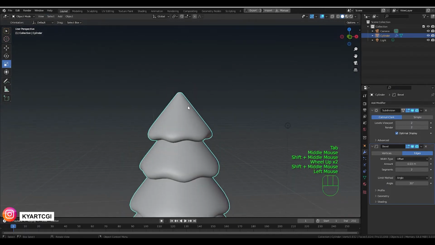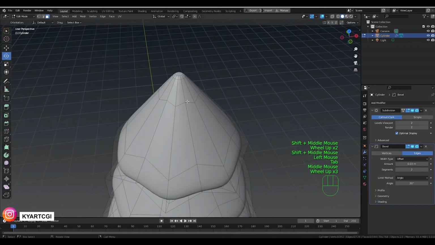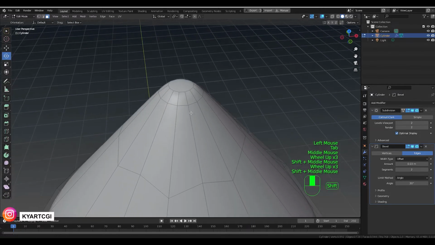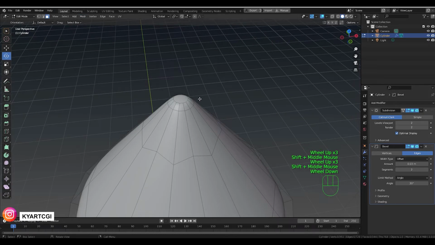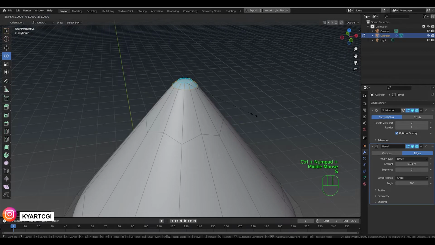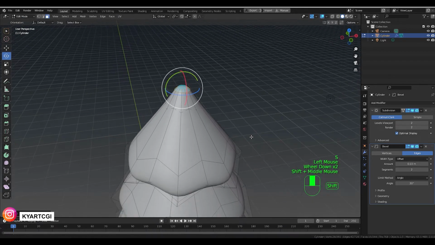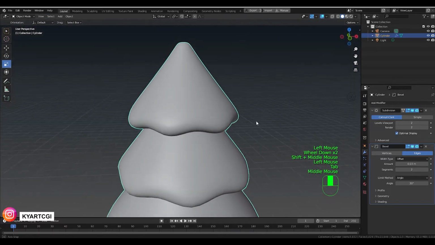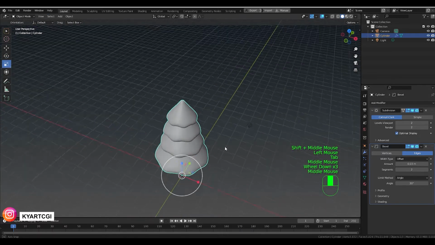On this part I'm going to select this face, then we're gonna press Ctrl plus to grow the selection, then I'm going to scale it a little bit, yes, like that. It's okay. Now get out from that. Okay,